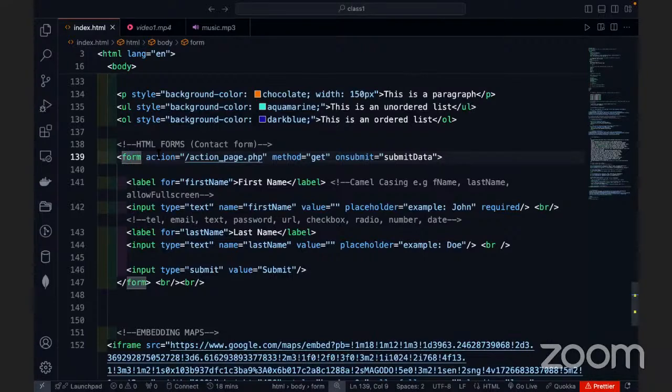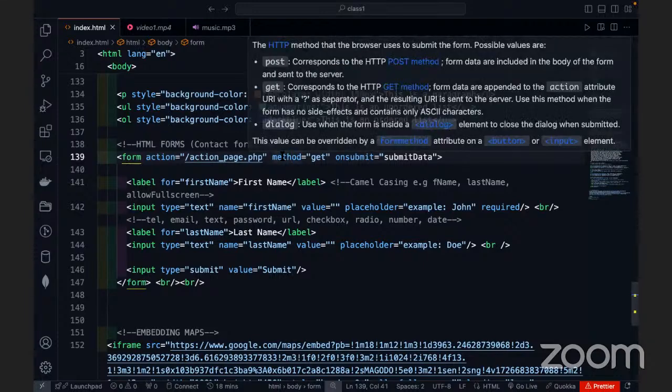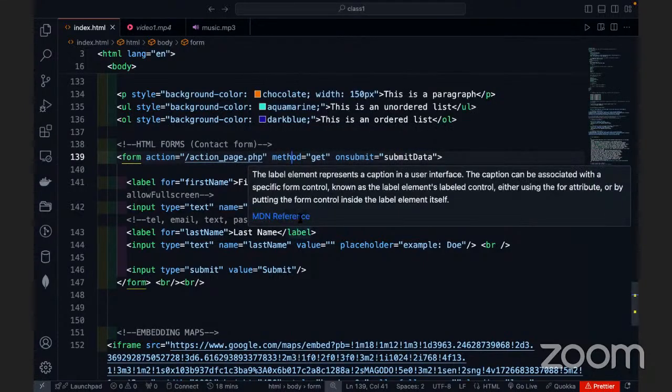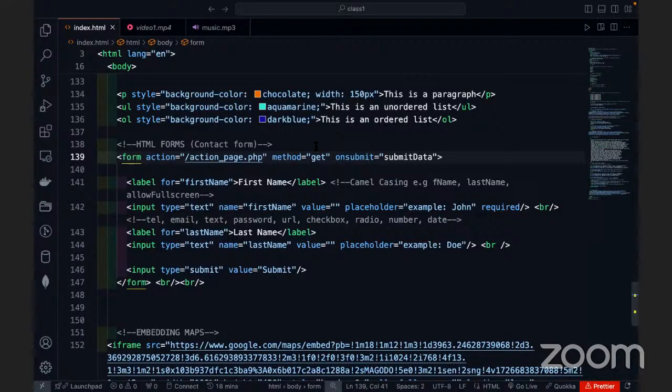We brought in the form tag. Of course, it has an action attribute. The action attribute actually carries the URL to the backend, where the backend will receive the data that the user has inputted on the front end, on the website. We talked about method, which specifies an HTTP method, which could be GET, POST, and what have you. We talked about onsubmit, which is an attribute that accepts a